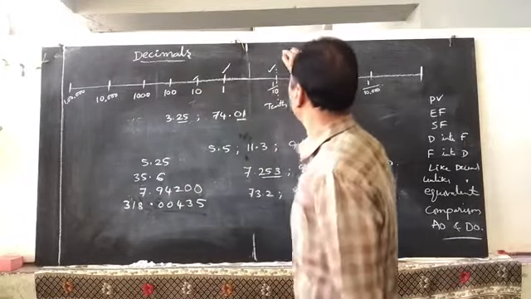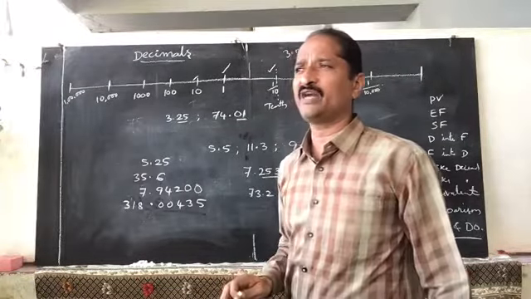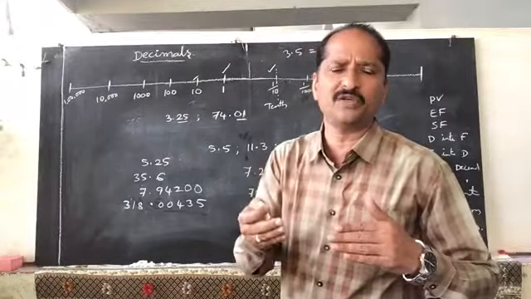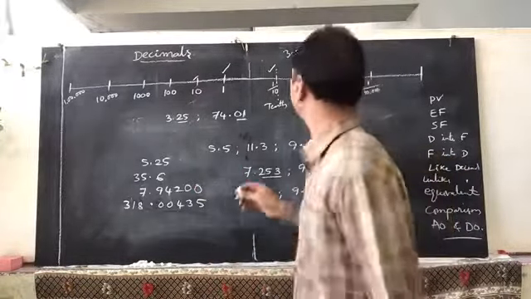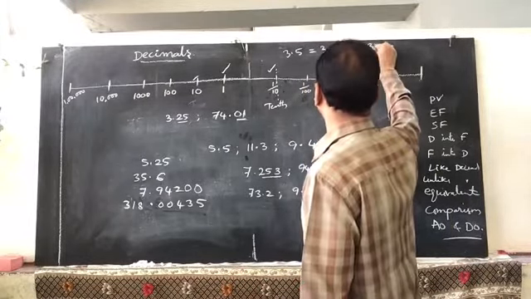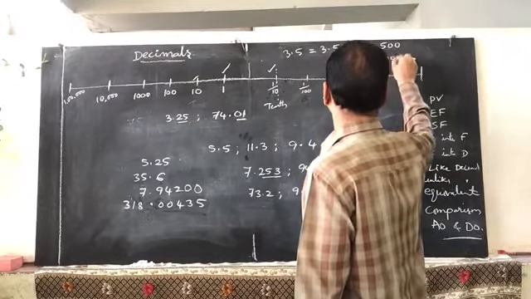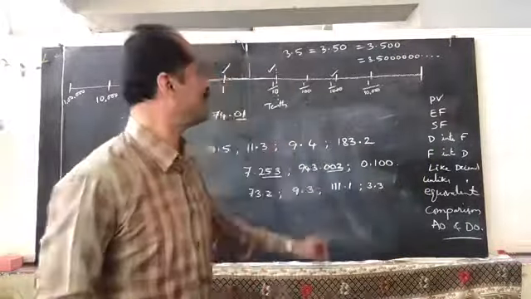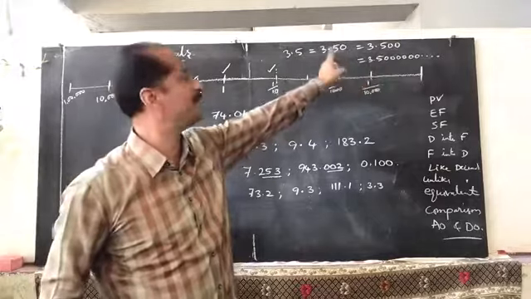For example, 3.5 is equal to, after the decimal point, if you are placing any number of zeros, for those zeros there is no value. That will be only useful for counting only. That means 3.5 can be written as 3.50, and this is also written as 3.500, and it is also written as 3.50000000, so many zeros. Any number of zeros if you are placing after decimal point, the value doesn't change. The value of the decimal does not change if you place any number of zeros.